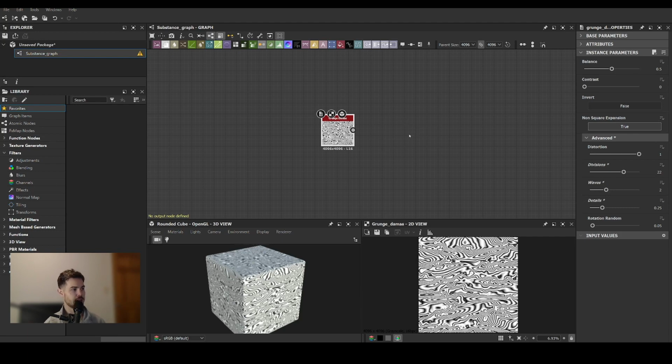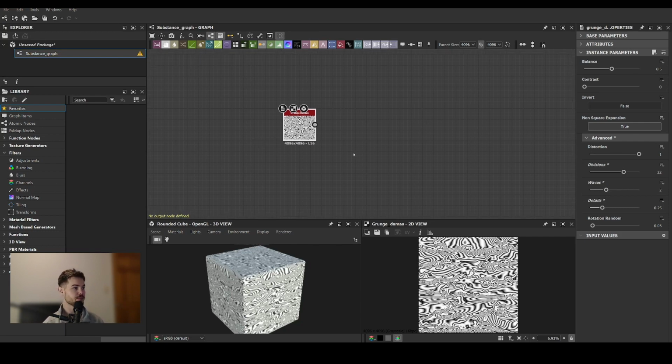And quick disclaimer, I don't claim to be any sort of expert at Substance Designer. I've just played around with it a little bit and been able to start to accomplish some of the things that I want to in terms of material creation. So maybe leading the blind a little bit here, but